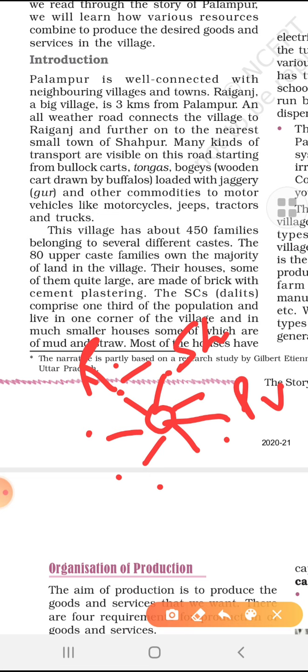टोंगास, बग्गीज़, wooden cart drawn by the buffaloes loaded with jaggery and other commodities, to motor vehicles like motorcycles, jeep, tractor and trucks. Means on these roads, all weather road, such kind of vehicles move, ठीक है। वो सब उन चीज़ों के लिए है, जैसे जैसे गांव में व्हीकल होते हैं, ठीक है।